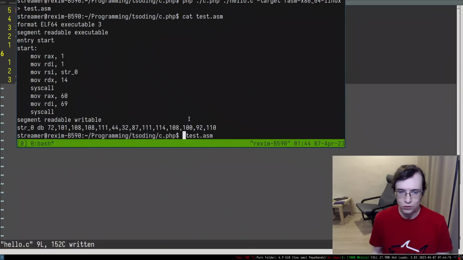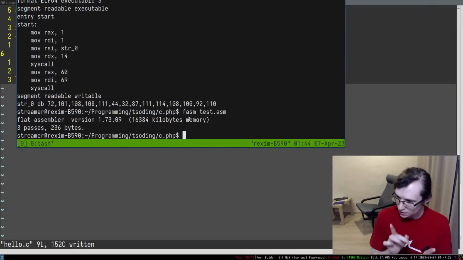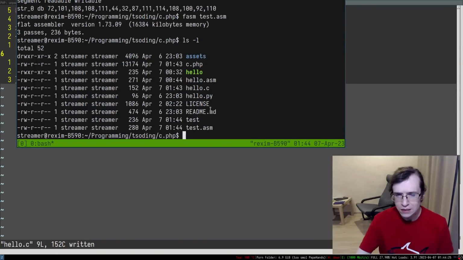I can try to do fasm on this thing. This just compiled successfully. Look at that. This is test. It didn't really give us an executable for some reason. But who cares? So I can do chmod plus x.